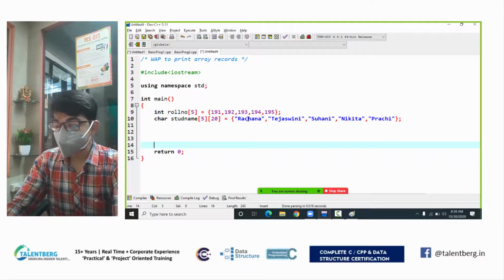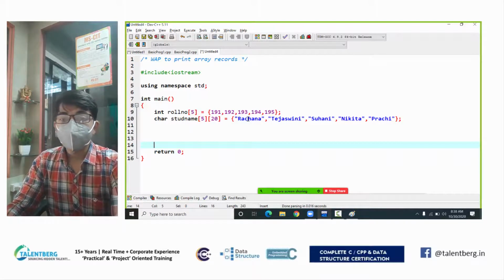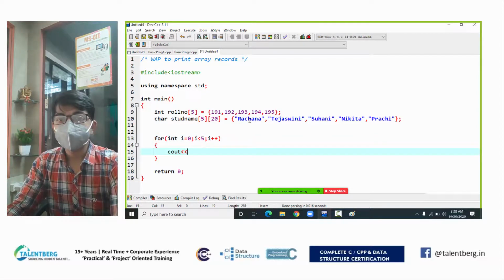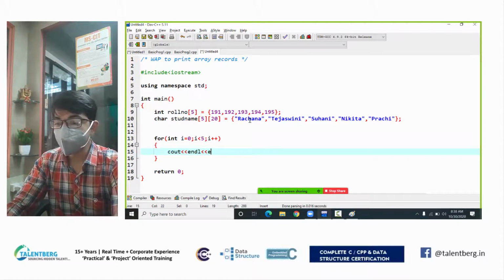I want to just output all these values. So in C++ also the same syntax. You follow the looping syntax, same as you already did in C programming. I type for loop. I type integer i from 0 to 5, i plus plus, and here I type endl. So the meaning is break the line. On the new line, I access a variable called roll number, and in the box bracket I provide value i. So i stands for index number.